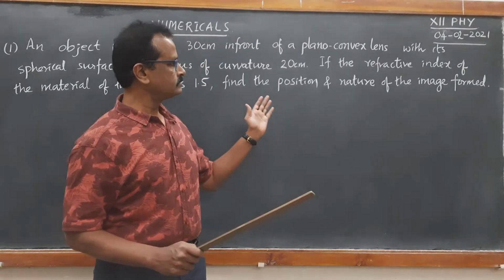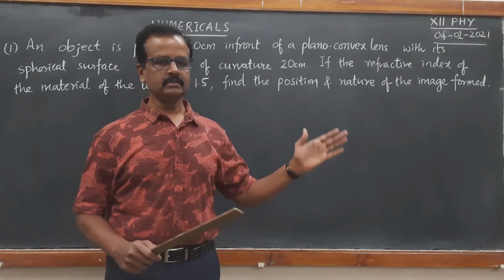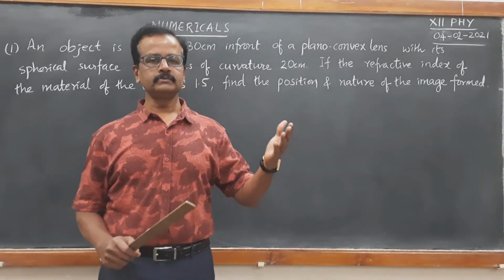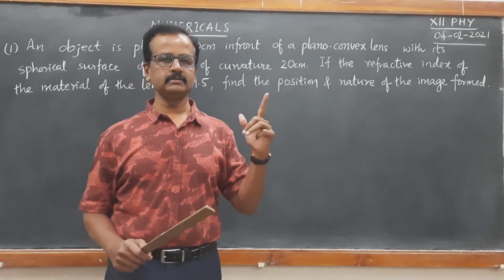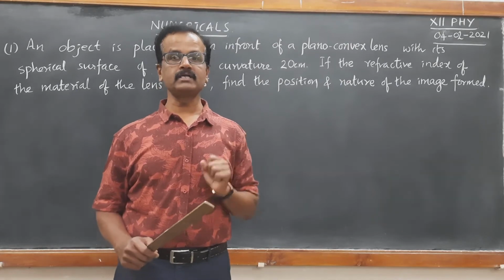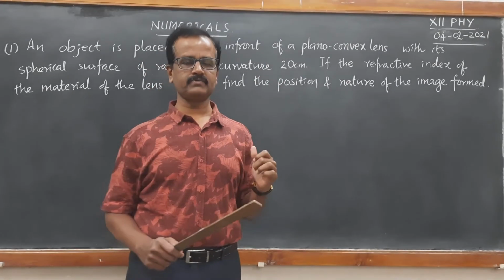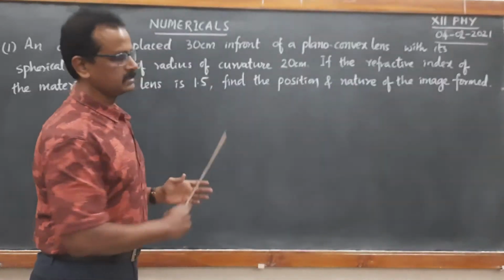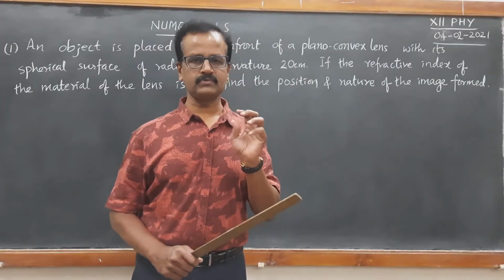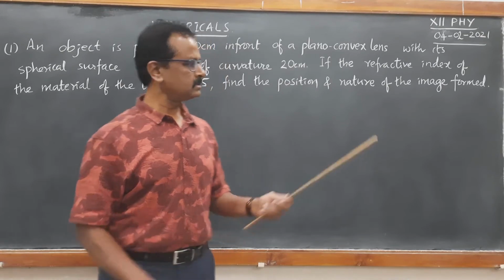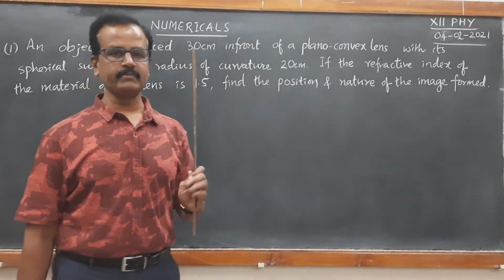This is there in the first set of the question paper. I think along with this, there is one more question. In that first part, you are asked to derive lens maker's formula. First part is derivation of lens maker's formula, and second part is this question. Both together it is asked for 5 marks.